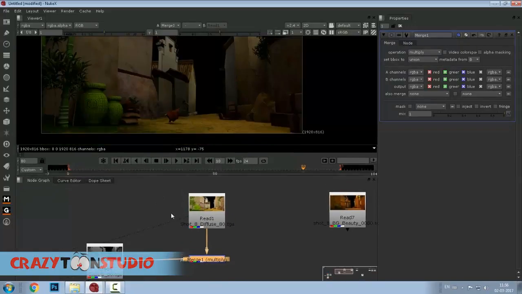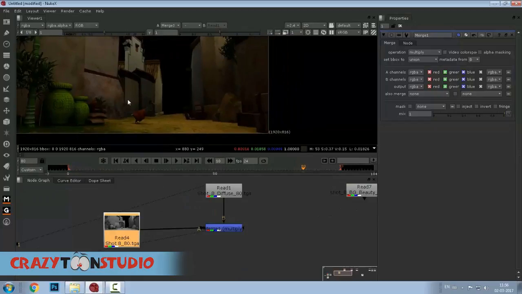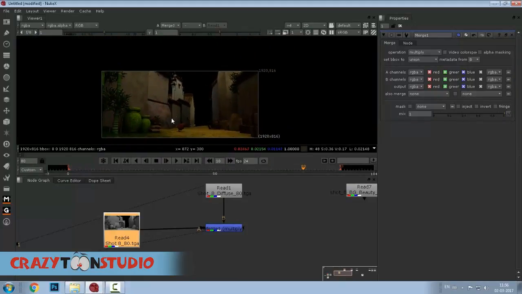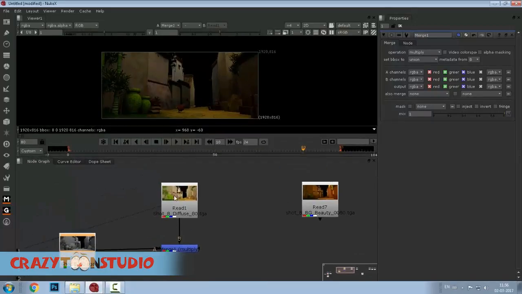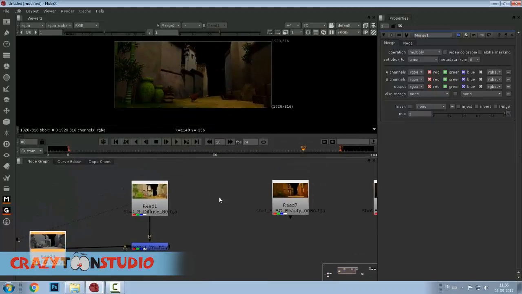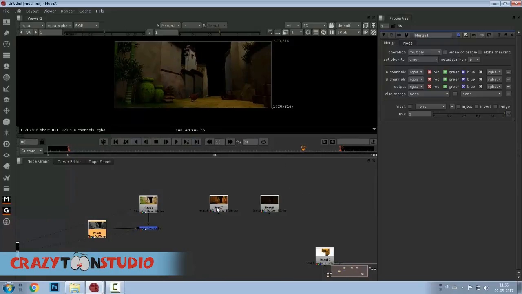So later on you can tweak all these settings. Firstly I'm going to show you how we can just layer it out, right? I'm going to do layering, nothing else, right? After merging